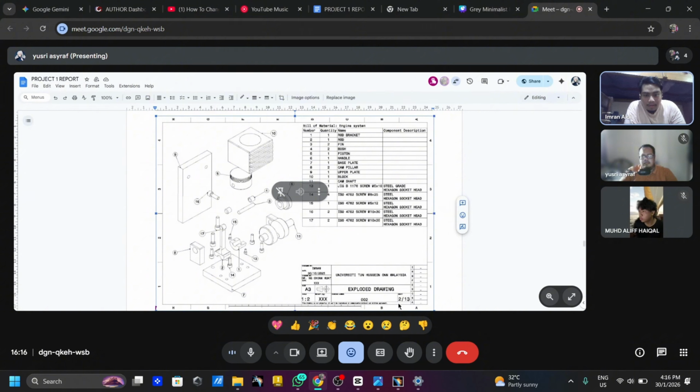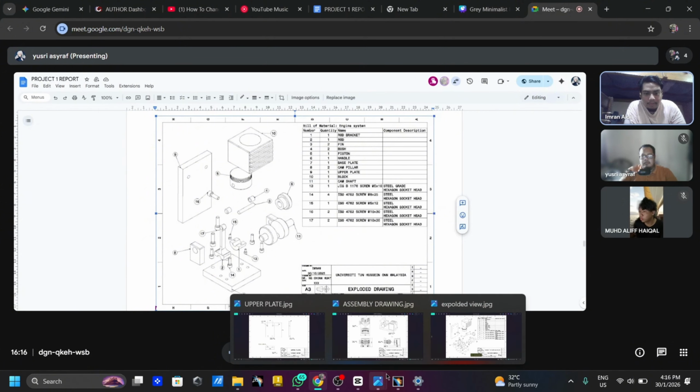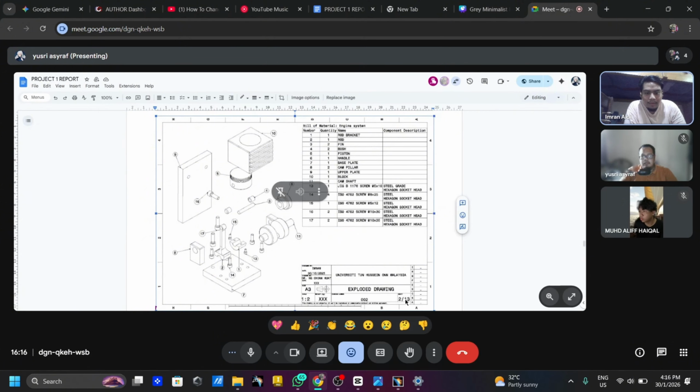Another function of the exploded view and assembly view drawings is to serve as the reference for every part, so that every part follows the correct reference and can be assembled.